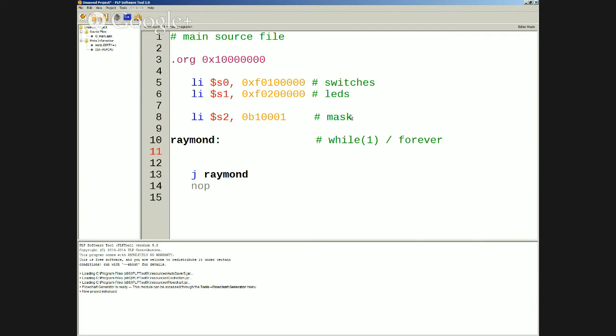You can find out what the switches are. We did. Load word. Load word. We actually get the value from the switches, right? So load word, let's use temporary 0. And which one is the switches? Where does it start? S0. I'm using the convention that I mentioned last Wednesday. So safe temporaries is S, and temporaries are T's.